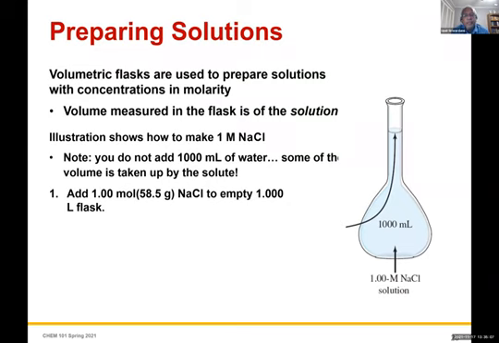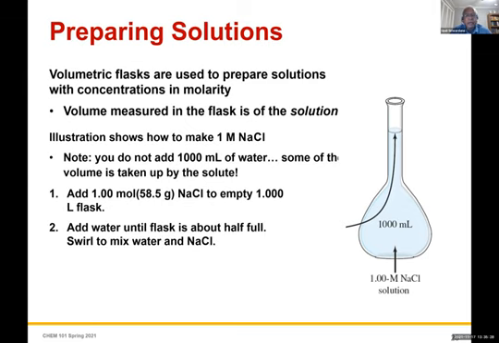So 1 mole is 58.5 grams, the molar mass in grams. You put that in the flask and add water to the flask about halfway,